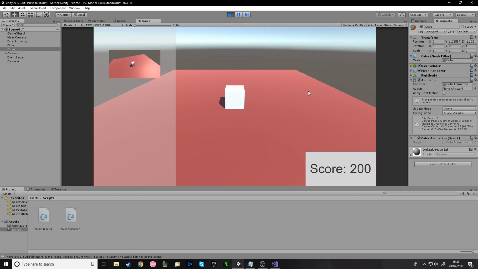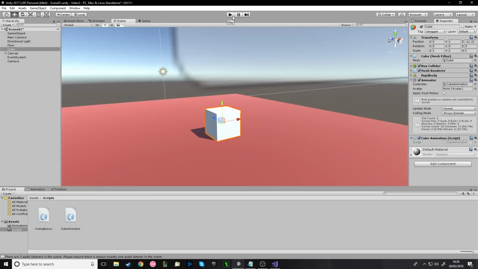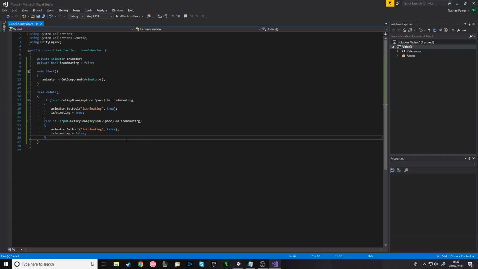So start, stop, start, stop, and obviously it waits till it finished. So that works. Yeah, that works completely actually. There's one last thing I want to do with the animator this video. Ask for more animator videos if you want. I can go more in depth, but what I'll do is I'll make it so we have a new function